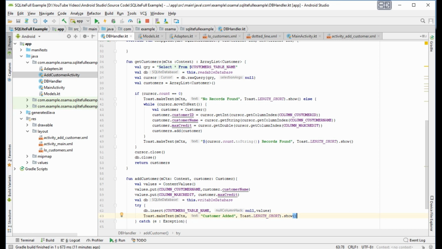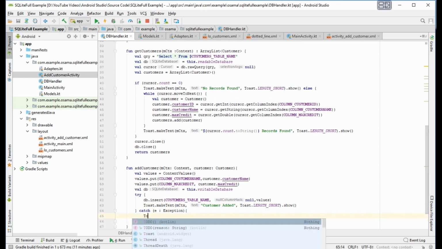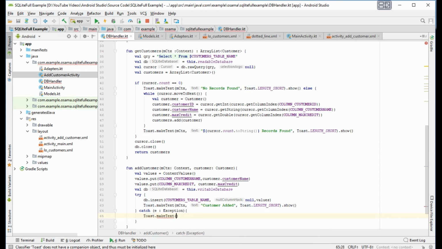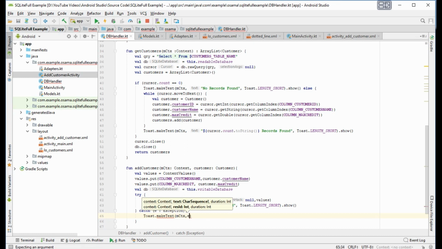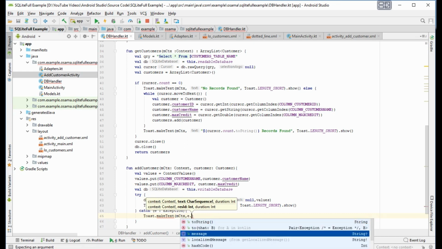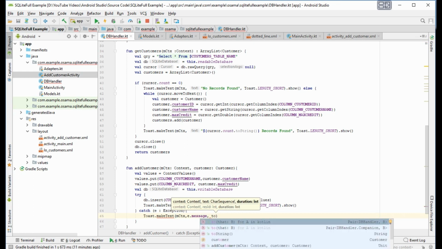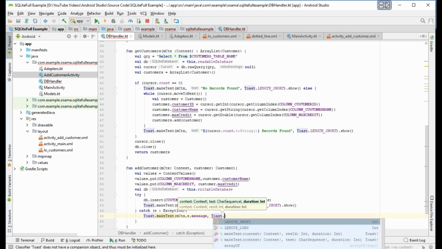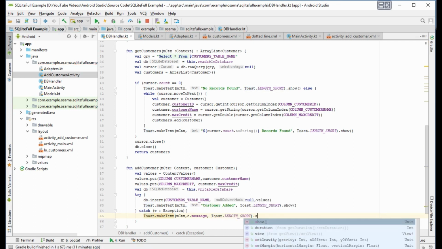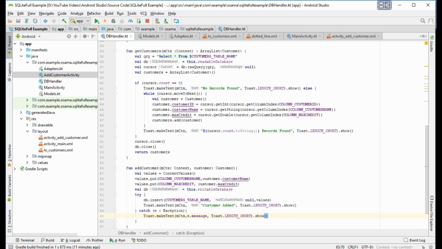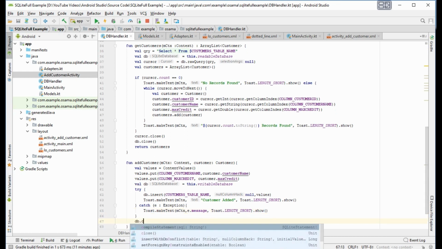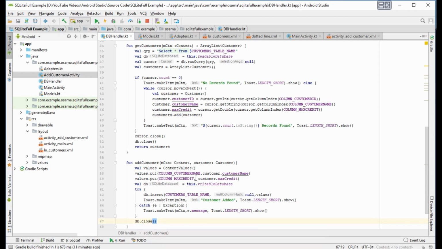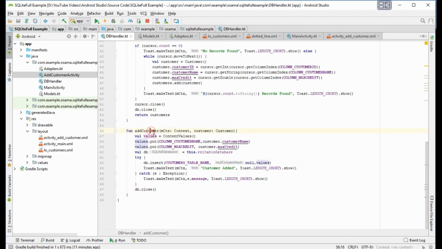Now if it has an error, Toast.makeText mCtx comma e.message, Toast.LENGTH_SHORT.show. After everything, we will give it db.close. Okay. Now here we make the addCustomer.